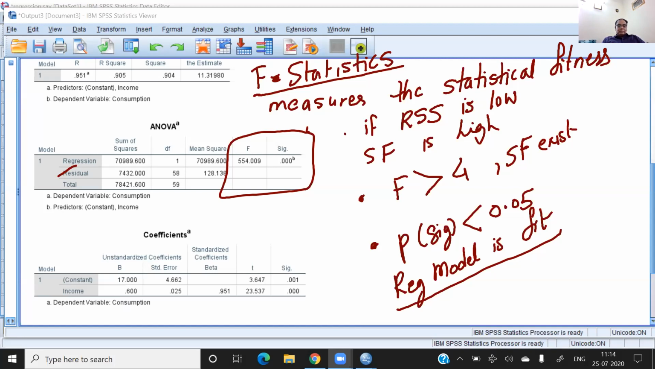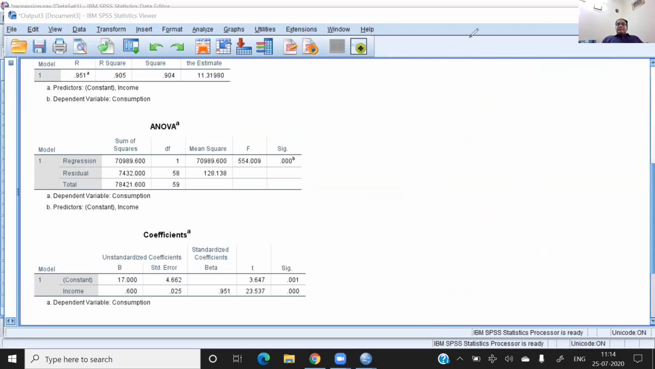Okay, fine. So let's move to the next point, the coefficient table. Great. So now we are coming to table number 3. In table number 3, the coefficient table,